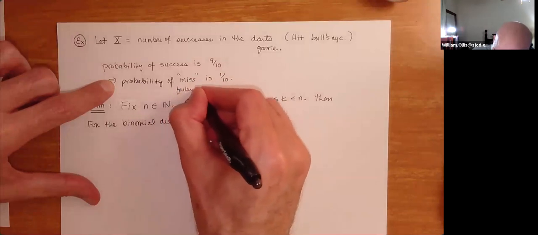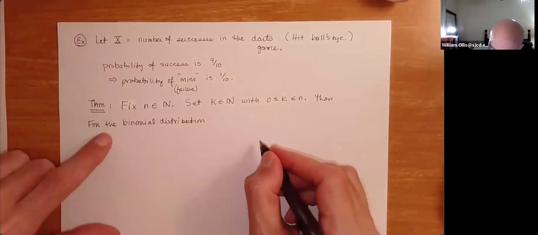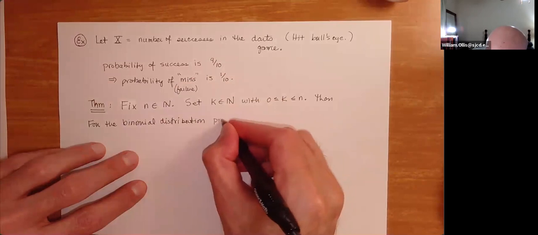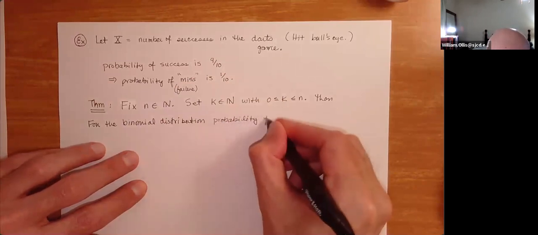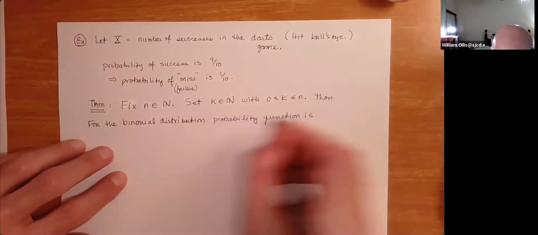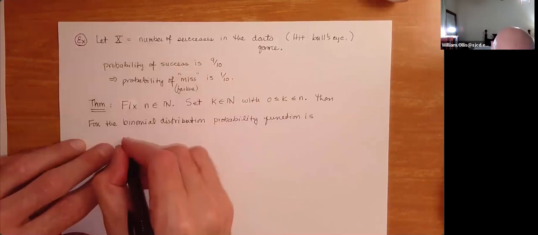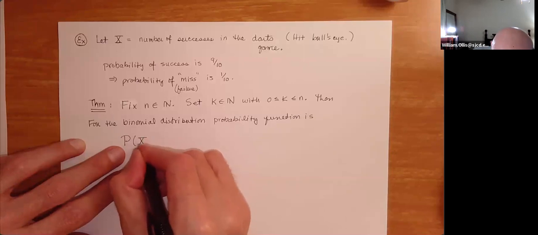I don't like that word, but I'll just say a miss. So the binomial distribution probability function looks like this, and I'll use the k up here, or the chi, the probability that we have, in this case,